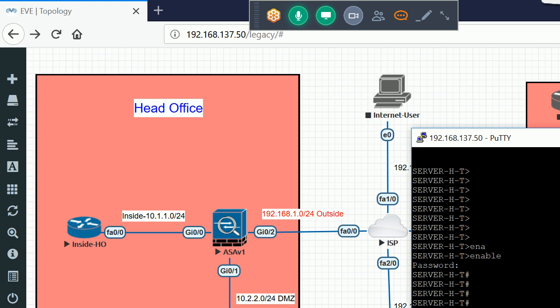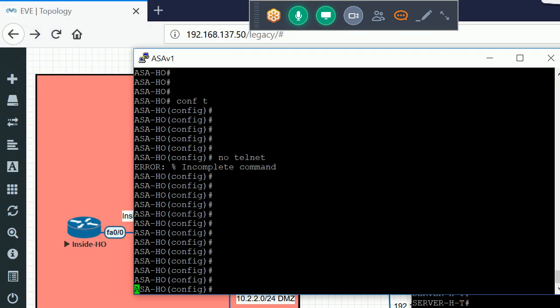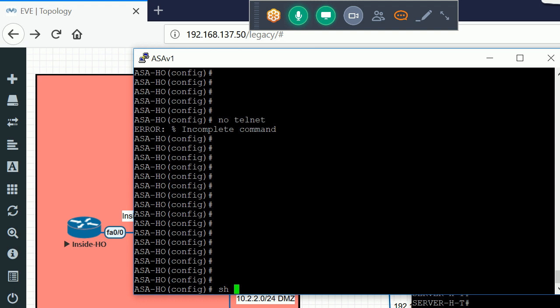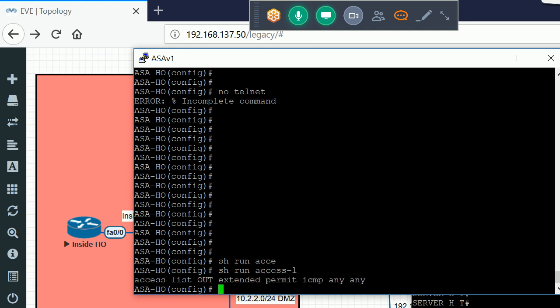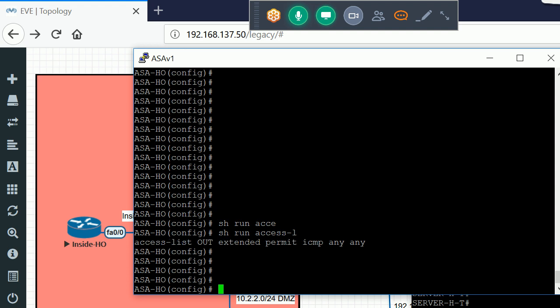Okay, so let me open the ACL in my firewall. I already have one access list, so I'll just modify this ACL only. I will teach you how we can configure the access list and all that.